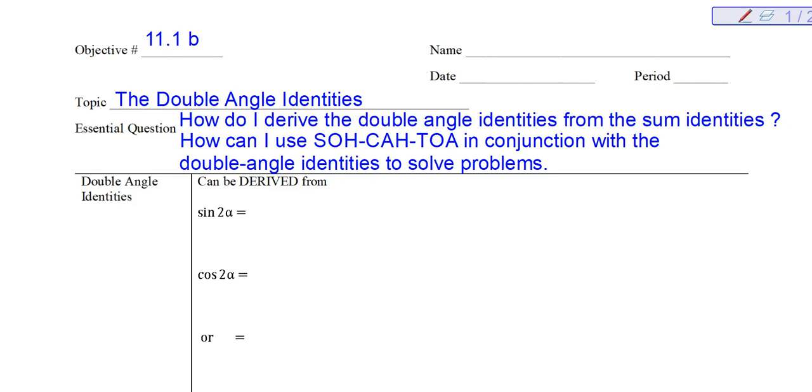Okay, so this is objective 11.1b, and these are the double angle identities. And it's tagging on to 11.1a because you use the sum identities to build the double angle identities, so they're